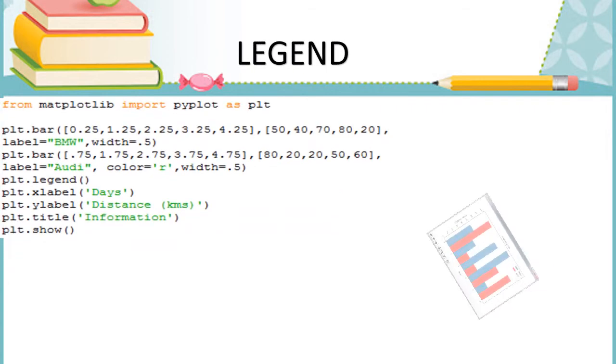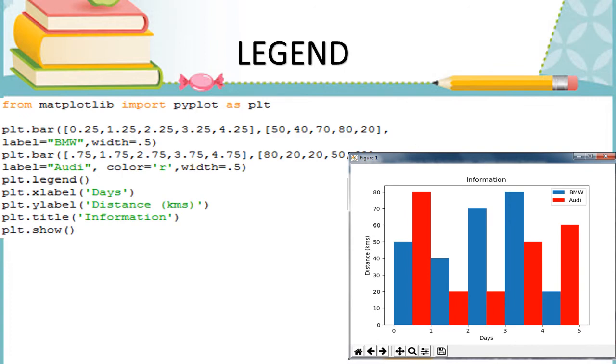And legend. Here we have drawn two bars, so we are passing values directly, plotted for 0.25, 1.25, 2.25, that is the x-axis values, and 50, 40, 70, 80, 20 are the y-axis values. According to that the bar is drawn, and its label is PMW, the first bar label.